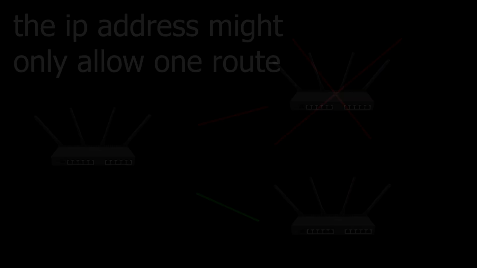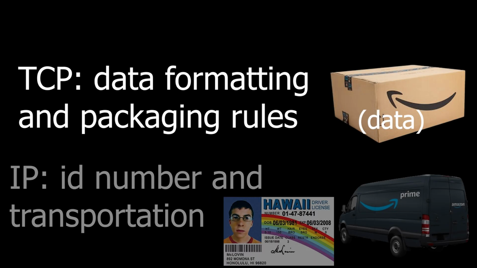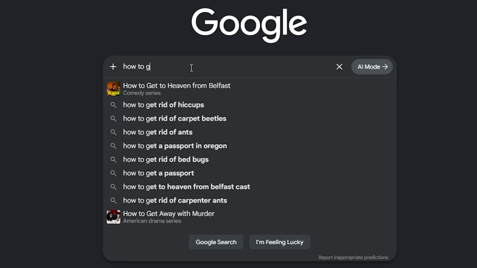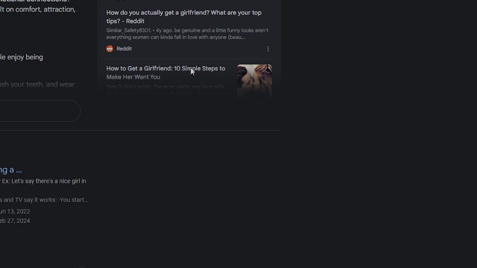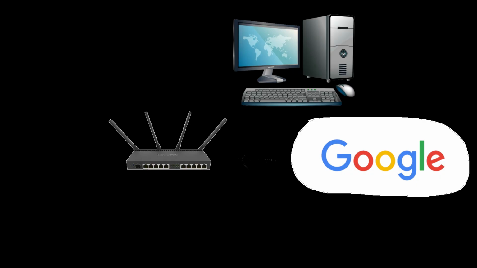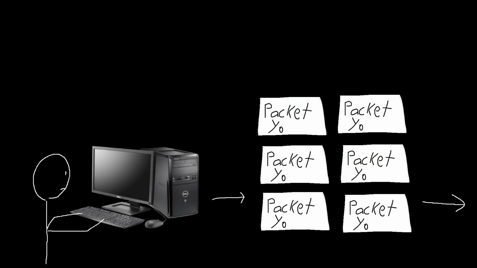Together, these concepts create the TCP/IP model, the backbone of the internet, and functions as the full protocol of how a message is sent across the internet. Let's go a bit more into detail. Whenever you make any interaction with a website or application that requires a response, that interaction is sent as a message. Before your message is sent anywhere though, it's first broken into many easily transportable packets.